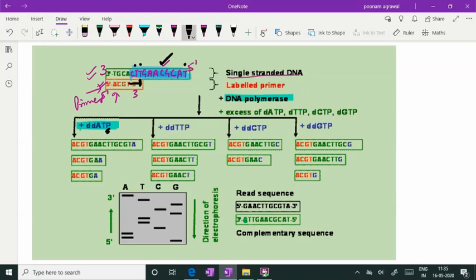So Sanger, what he did, he placed the specific type of dideoxynucleotide in a tube, and many cycles of DNA synthesis were allowed in that tube, giving a chance of termination of DNA fragment at each point where the corresponding TMPs are there. So that way you will get these kind of DNA fragments in test tube 1, which was having dideoxy ATP. Similarly, suppose the second tube was having TTP, then the termination will be there at